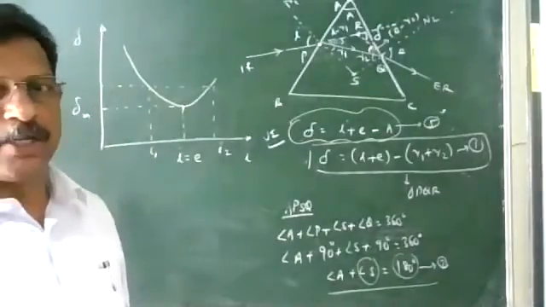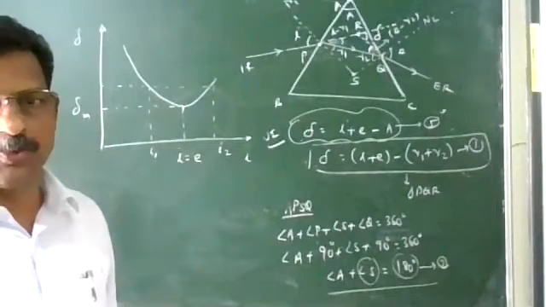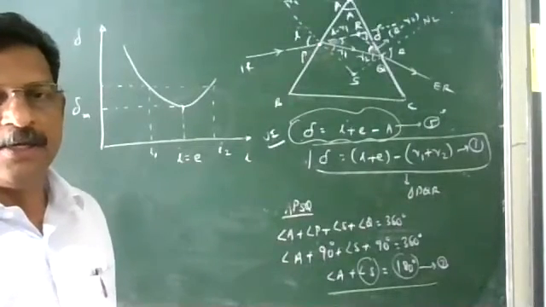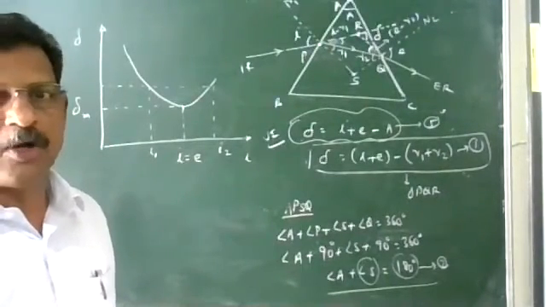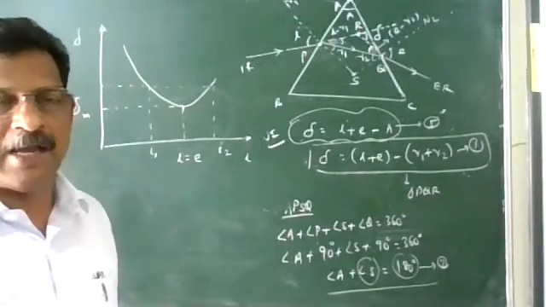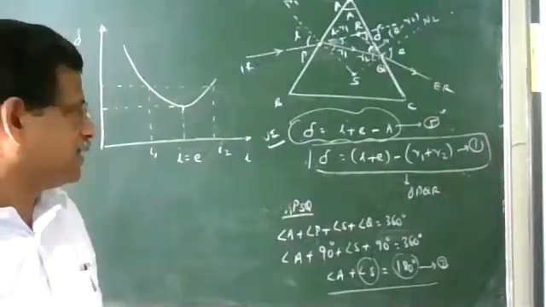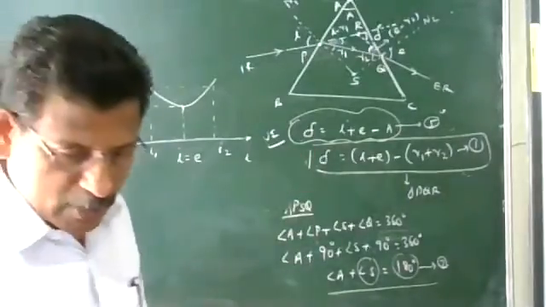Now we are going to derive the prism formula. Like the lens formula, lens maker's formula, similarly we are making an equation for the prism, that's called the prism formula. It's the equation involving the refractive index of the prism, the angle of prism, and the minimum deviation. For that, what are the necessary things? So this equation we require.